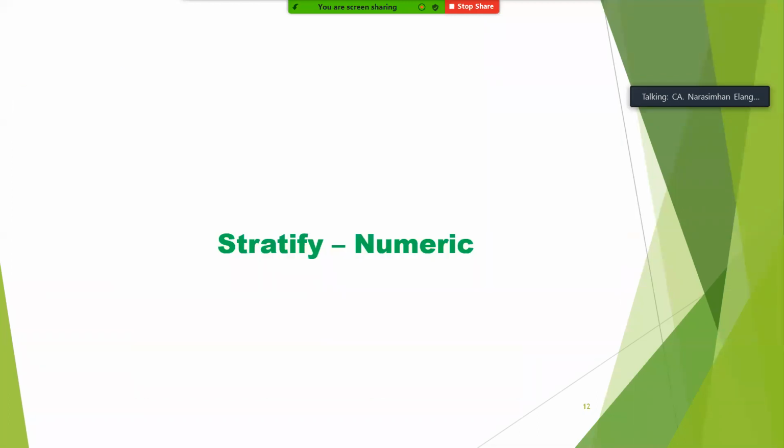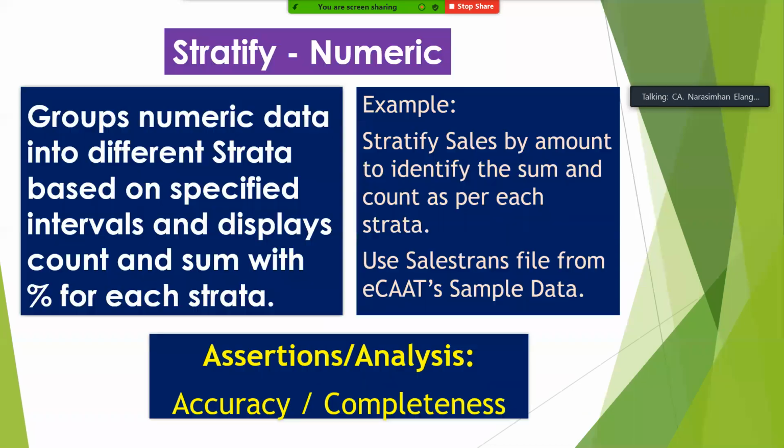Let's move further. Now we will do stratify. This classify which I did now is just a trigger point for you to get an idea, where I spoke about how you can classify based upon all cases more than 25,000 or less than 25,000. Now, I want to apply a stratification. What is a stratification? Grouping based upon a common parameter. I group based upon a particular parameter. For example, if I stratify based on numeric, I can group them into strata based on specific intervals, and it can display count and sum. Can we give it a try?